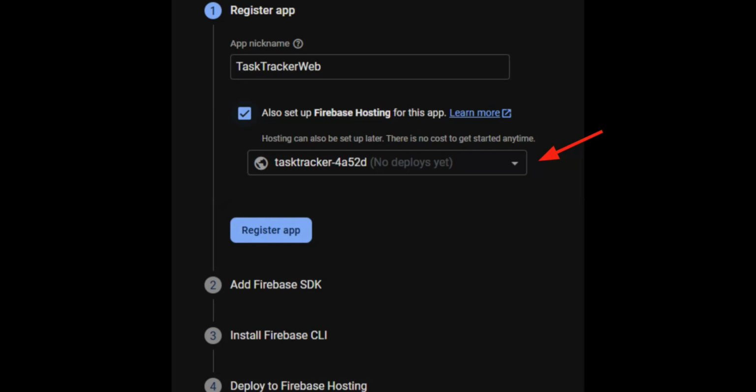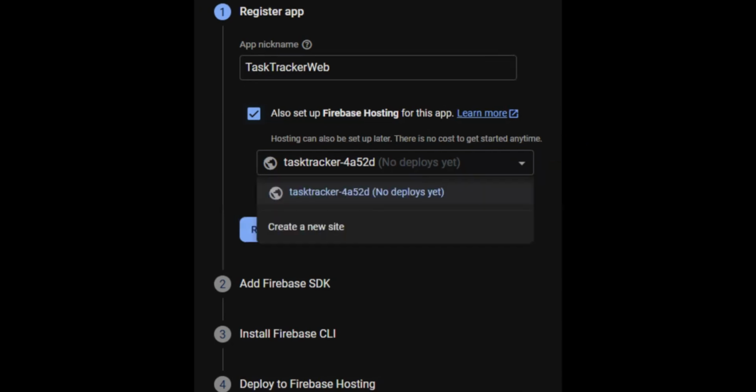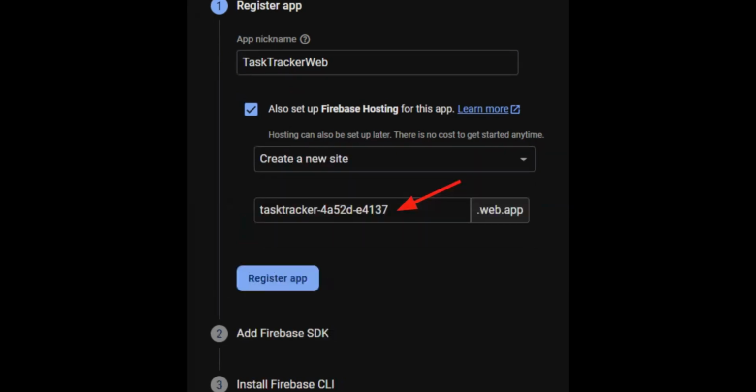So in our case, it's just tracker-4A52D. So it's an auto-generated hosting name. Okay, so let's just click that drop down, and then we're not going to use this one. Instead, we're going to create a new website. Okay, so basically, as you can see here, 4852D is quite ugly to see. So we're going to customize this domain to something like